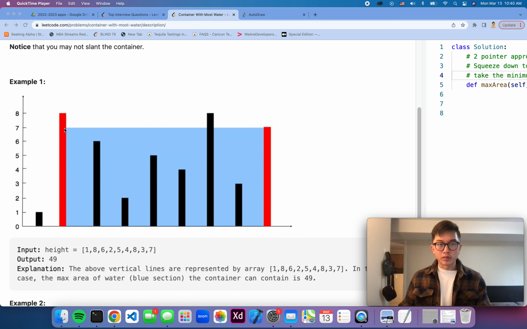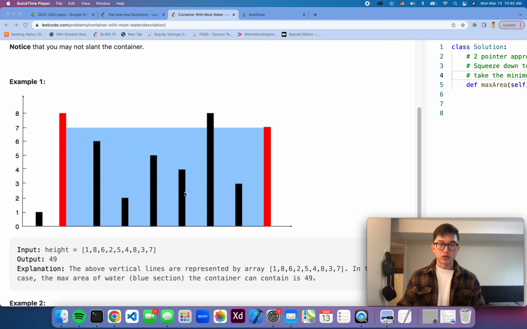The reason the height is 7 is because even though we're comparing 8 and 7, think of the bucket like a two-dimensional bucket like you're seeing now. If you fill this up with water, it can't go any further than 7 because it would just spill over, right? You can't fill it up to 8. It would spill over to the right side here, right? So if you just create a bucket like in your home and you cut off one side of the wall, I guess a two-dimensional bucket, the water is going to spill out, right? So the idea here is you are going to be taking the smaller of the two values when you're considering